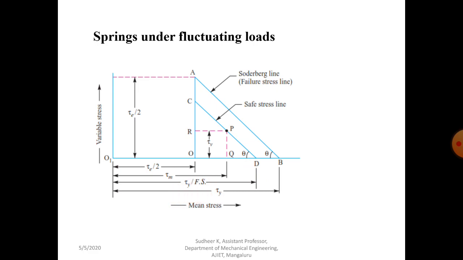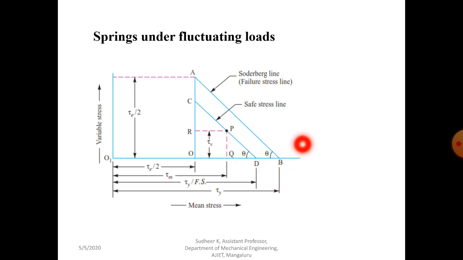So this is about one more line to consider the effect of factor of safety. The line CD is always parallel to line AB. So any point on the CD is one of the important lines, so that is to consider the factor of safety. This line we also call the design line, because it is used to find out permissible stresses with the particular factor of safety.